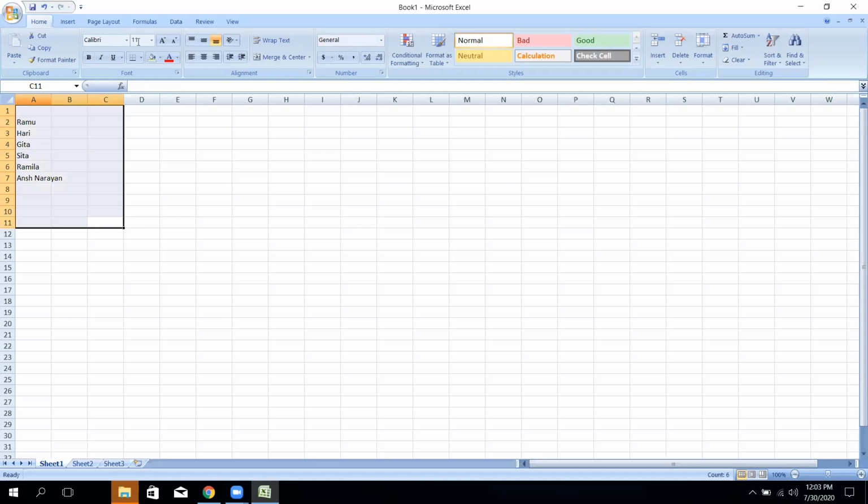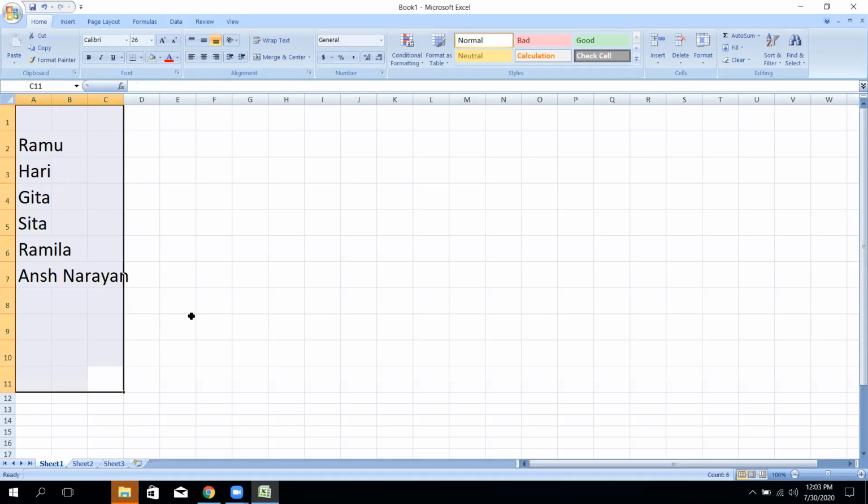If you increase after the selection, you can increase the font size also. You can increase the font size here, and this is the distance between one row and another row. So how can we increase it? If you move the cursor, this is known as the plus indication. When we are outside this spreadsheet, it is the mouse. When it comes into the program, then it is known as the